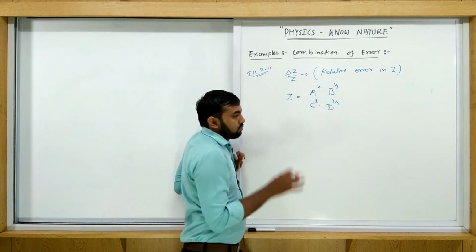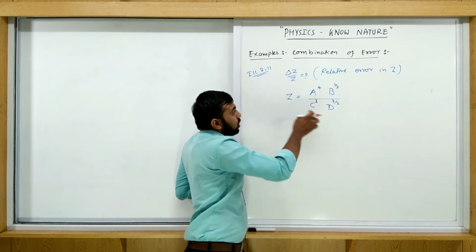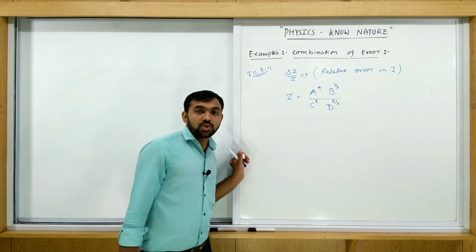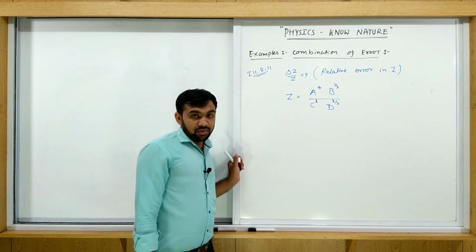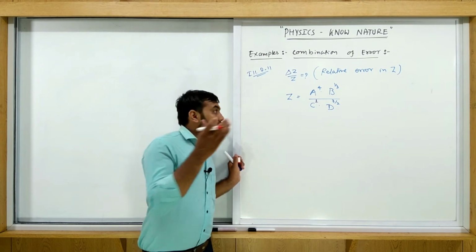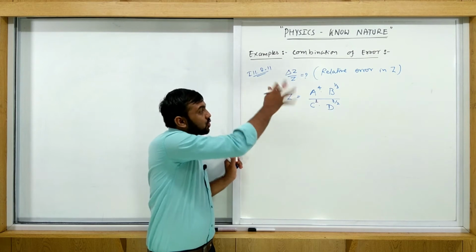Here c is raised to a power that is not given, which means c raised to 1, and d and all these physical quantities a, b, c and d have some power. So use the power function rule. What is the rule? The relative error in the case of a power function, when a power is raised, is equal to the relative error multiplied by the power for each quantity.